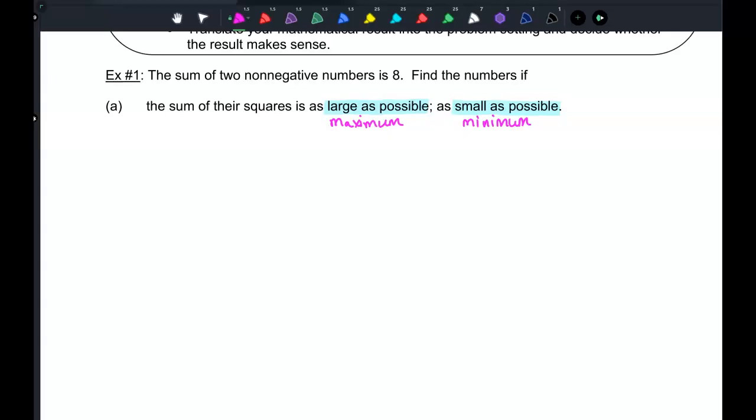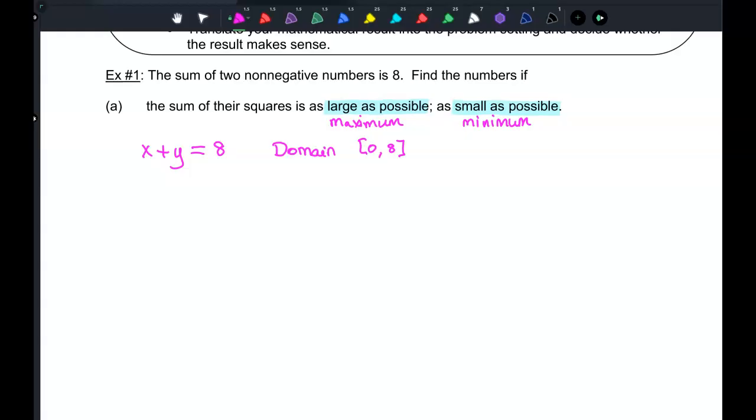Okay, let's start with the first part. The sum of two non-negative numbers is 8. What do you think? Well, we need two variables, x and y. So sum of two non-negative numbers is 8. Good. So one number is x, other number is y. They have to add up to 8. Okay. So my domain, if it's non-negative, that means the smallest I could have is 0. The largest is